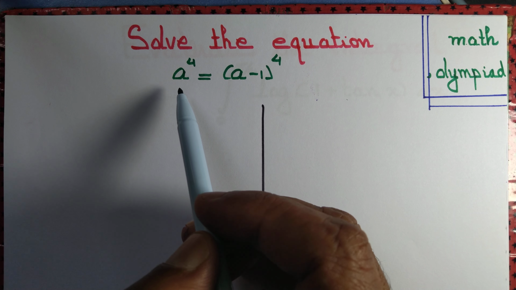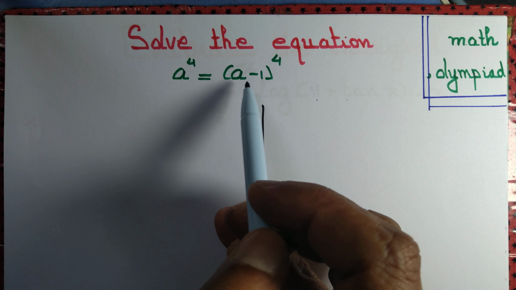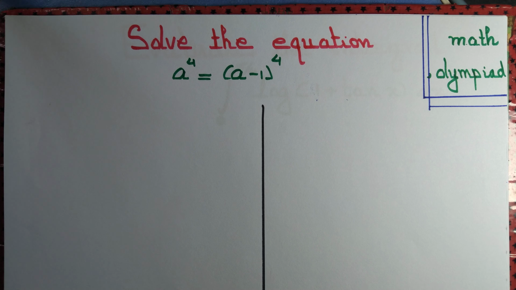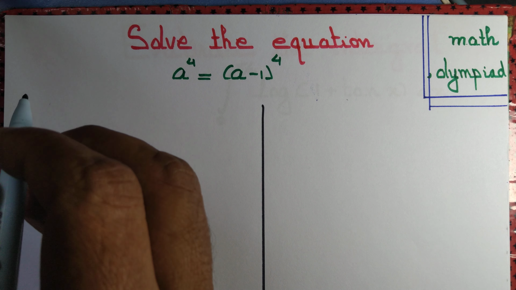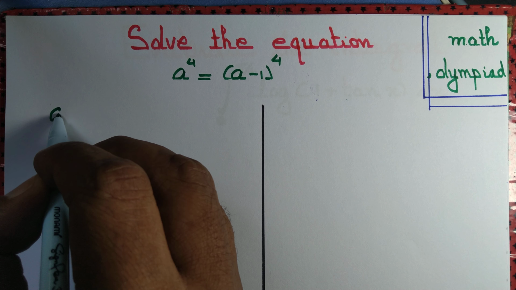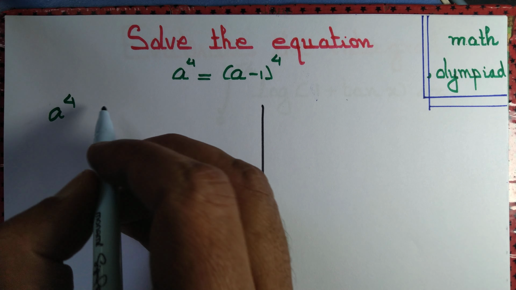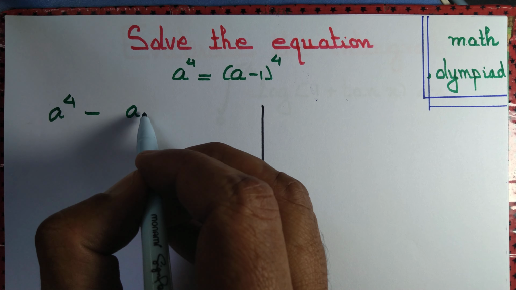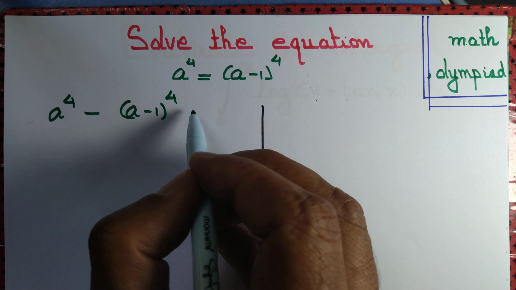Let us solve the equation a to the power 4 equal to (a minus 1) to the power 4. We can do it by two different methods. We'll do the easier method first. So we write it as a to the power 4 minus (a minus 1) to the power 4 equal